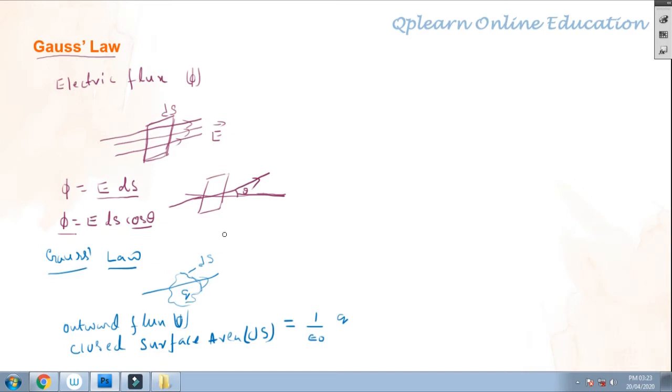So what is the difference here? Sir, why do we learn electric flux and why again Gauss law? Just listen here. You know the flux formula is flux is equal to E into ds. According to Gauss, flux is equal to 1 by epsilon naught times q, or directly you can write q by epsilon naught. So this is also a flux formula.